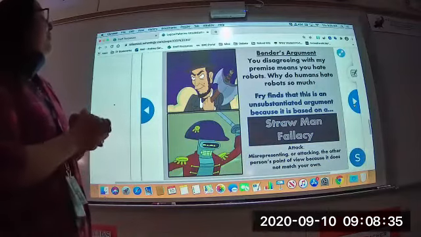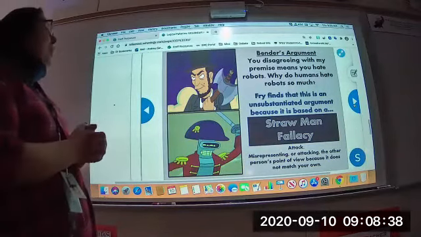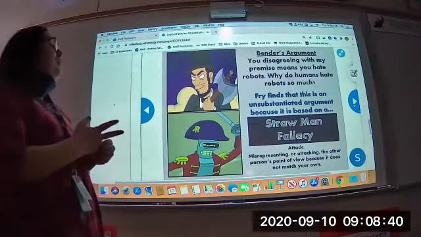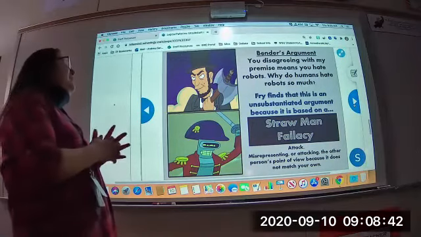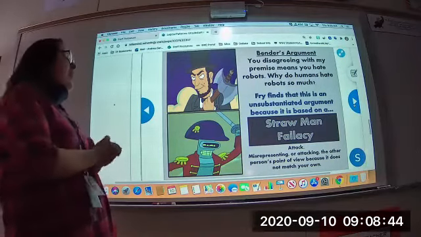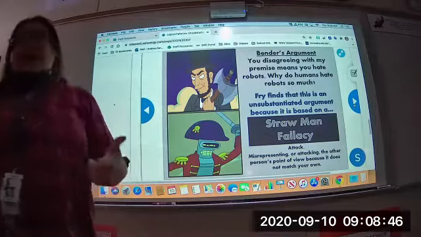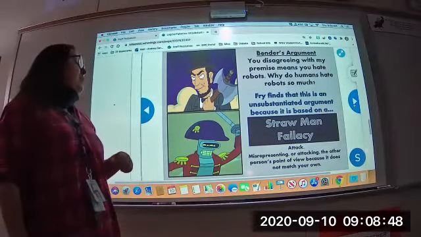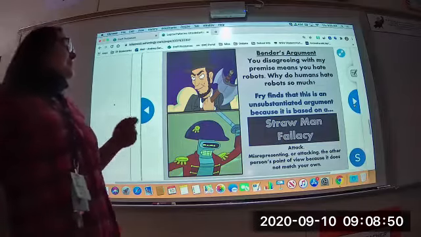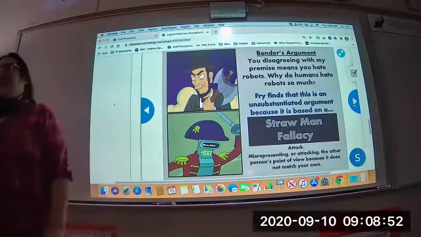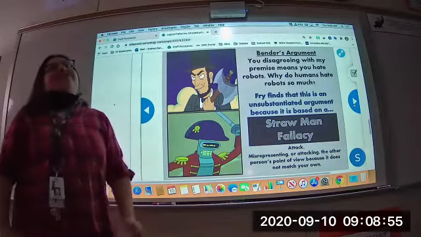Okay, then there's the next argument. You disagreeing with my premise means you hate robots. Why do humans hate robots so much? So this is unsubstantiated because we call this the straw man fallacy. It's an attack. Misrepresenting or attacking the other person's point of view because it does not match your own, right? So if somebody says,